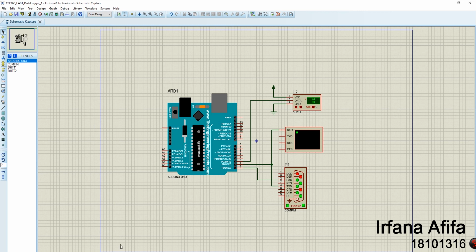So first of all, we took three components here, which are Arduino Uno, COMPIM, and DHT11. We interface our Arduino Uno with a DHT11 sensor, which is for sensing humidity and temperature for our project. We are taking the inputs in digital pin 2, which is the input pin for Arduino from DHT11,